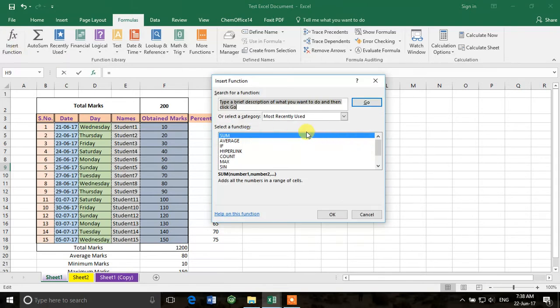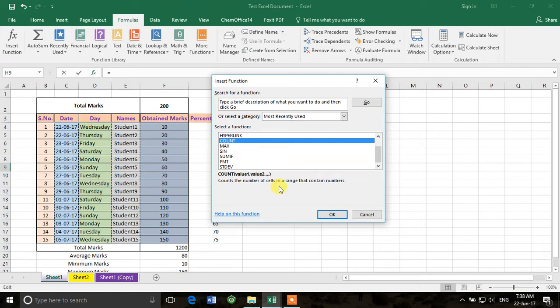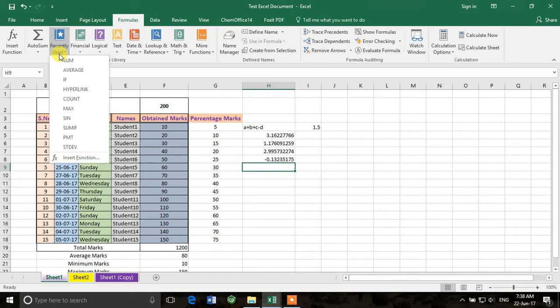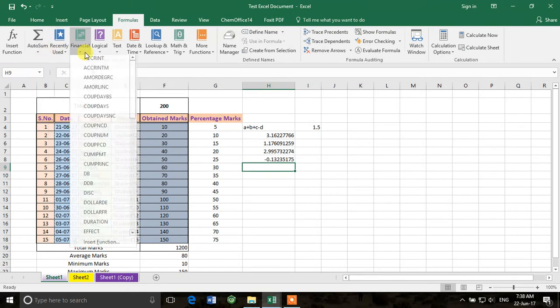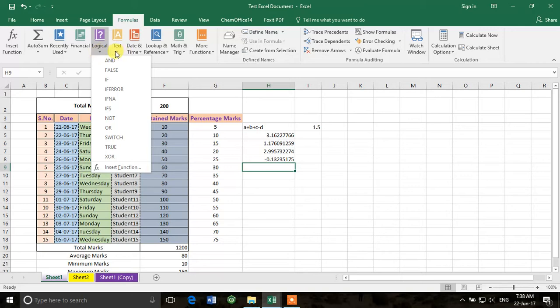So if you come to this tab here, formulas, you can see that there are different functions, like you can insert a function, sum, average, if, count, maximum, minimum. These are different functions, standard deviation. And then you have recently used formulas, auto sum, financial. I don't know anything about financial things, but here you go. You can see these logical if else statements, like if this column is equal to this number, do this, if it is not, then do that. So that's kind of